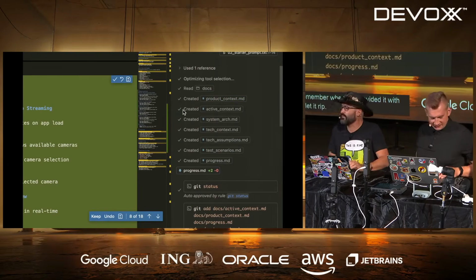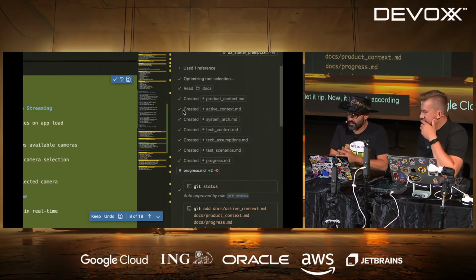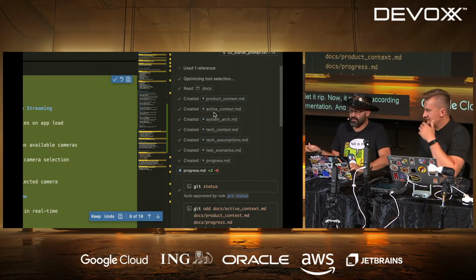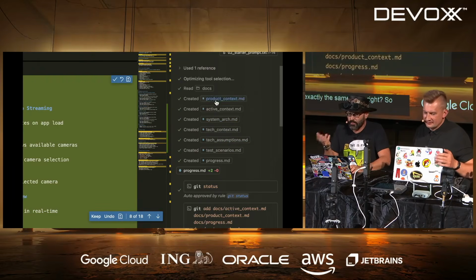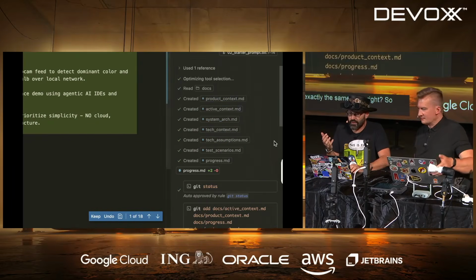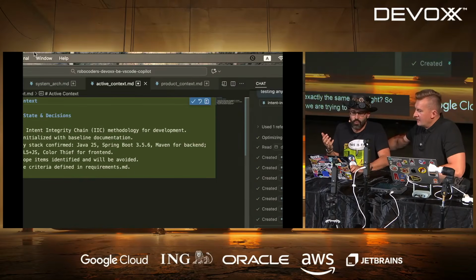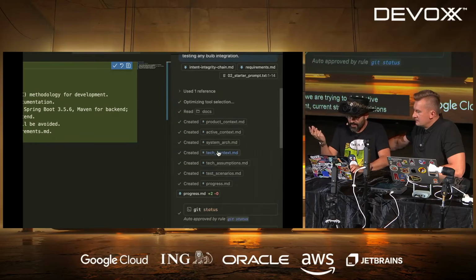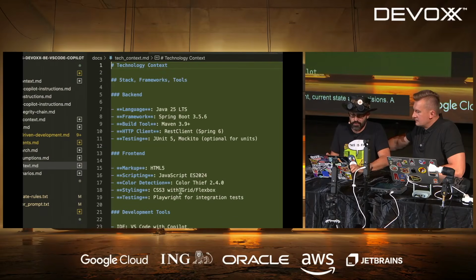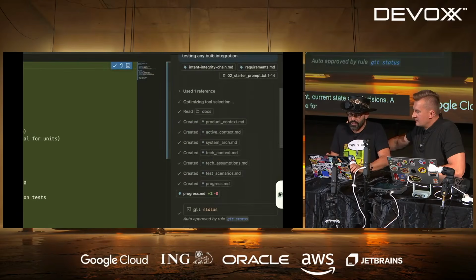Now it started according to the intent integrity chain with documentation, and this is the design. It's just broken into multiple files, but it's exactly the same idea. So we have here product context, what we're trying to do, active context, what we are doing at the moment, current state and decisions, and tech context, what we're going to use for technology, etc.